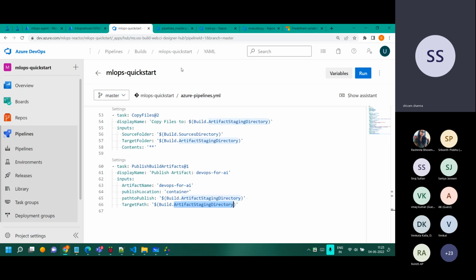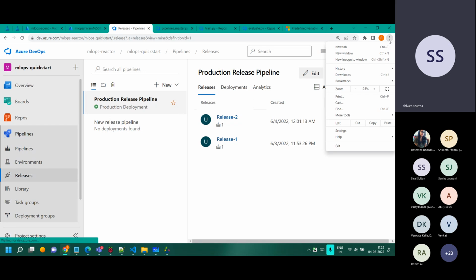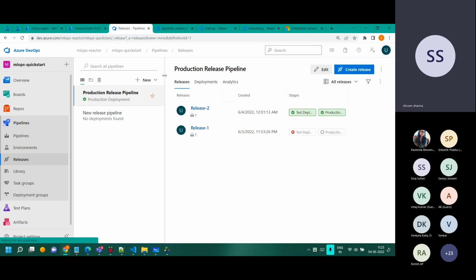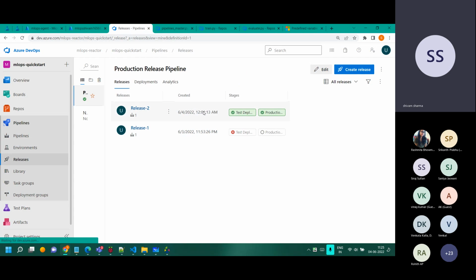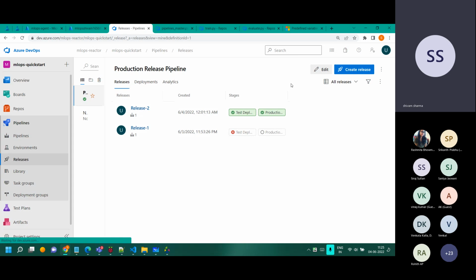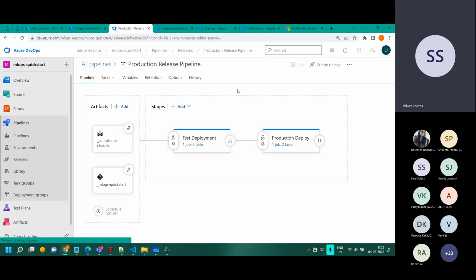Okay, now let's zoom out. So this time it's the time of the release pipelines. So we want to see the delivery of the application. And I'll zoom out a little more. Okay. So this is the one which I executed last night before, I think, sleeping. Things fail, right? That's the one. So let's click on edit and let's understand.